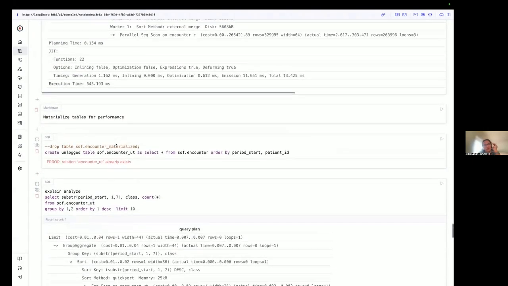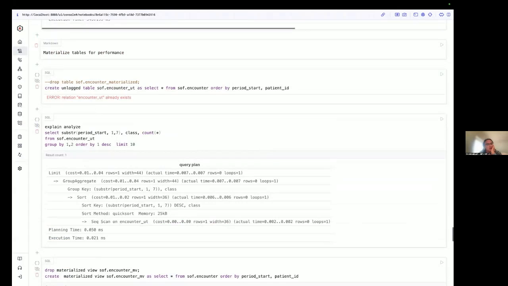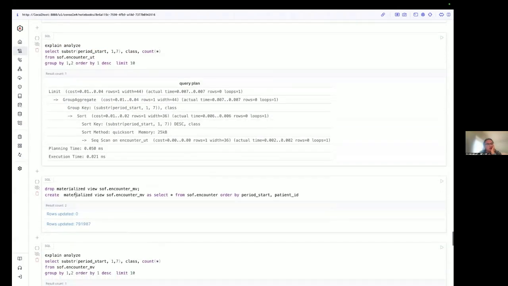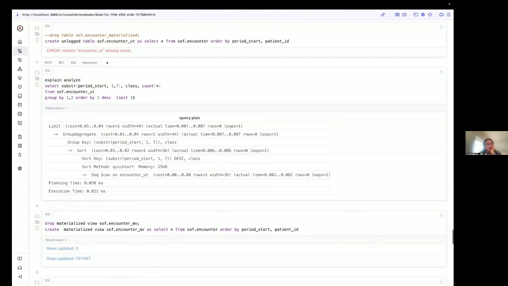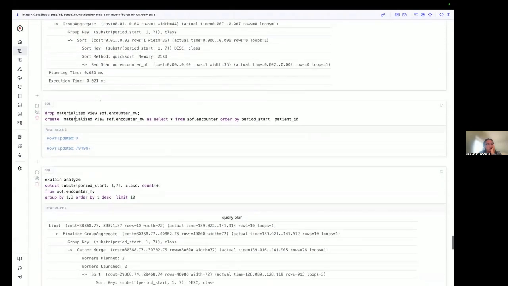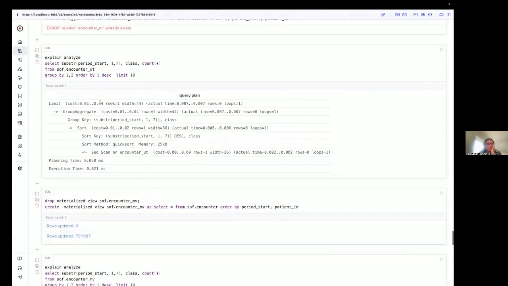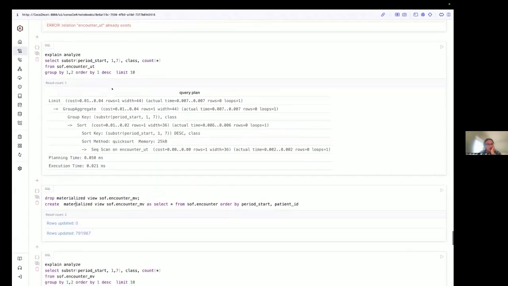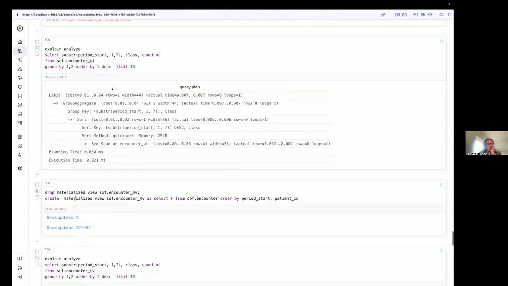What's nice when you're using unlogged tables, if you don't know, unlogged tables mean it doesn't write into replication, or you can use a materialized view, is that you can build indexes on top of unlogged tables and materialized views. So that's when you really want to get the most of performance. There's a lot of tricks in Postgres for how you can do this. Postgres is not intended to be an analytical database, so it may work for some dashboards and reports where you manually build the indexes. It can be extremely fast, but for drill downs and other stuff, I would still recommend